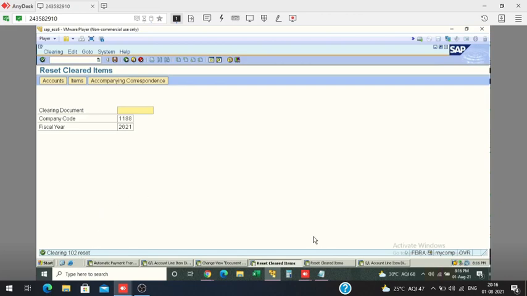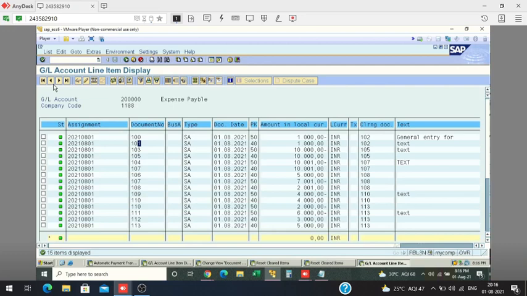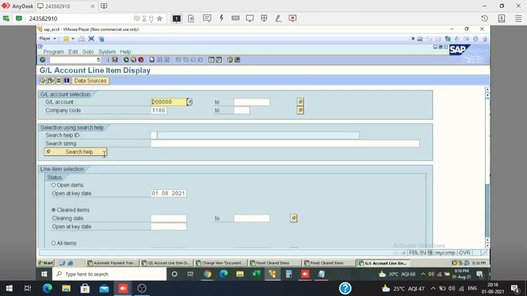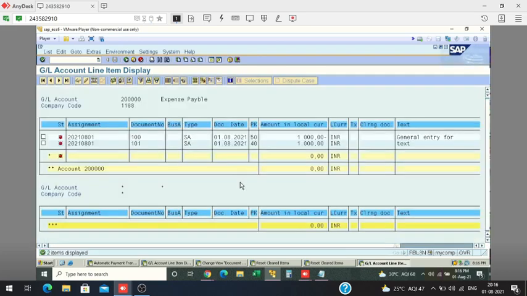Clearing reset. 102 is reset now. List refresh. The 101, 102 account documents are removed from here, to where? Open items. See, these both are now open items. Now you can reverse it through FB08.